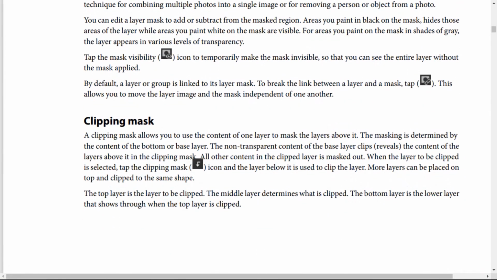So what about the clipping mask? A clipping mask allows you to use the content of one layer to mask the layers above it. The masking is determined by the content of the bottom or base layer, and the non-transparent content of the base layer reveals the content of the layers above it in the clipping mask, and all other content in the clipped layer is masked out. And when the layer to be clipped is selected, tap the clipping mask icon,